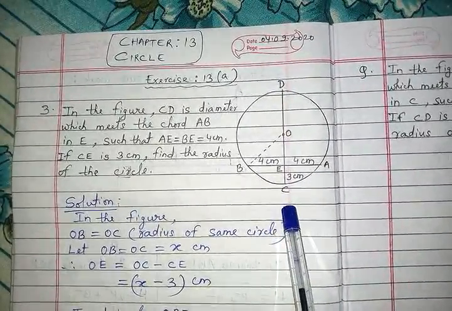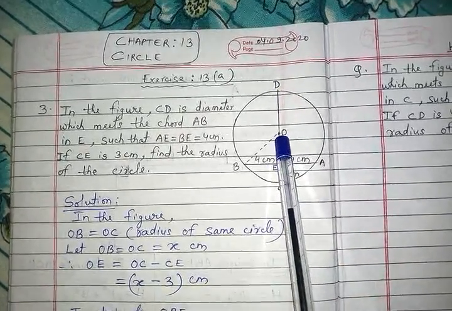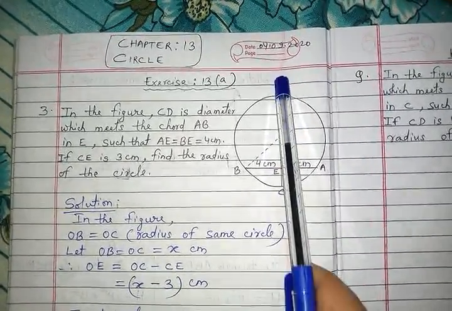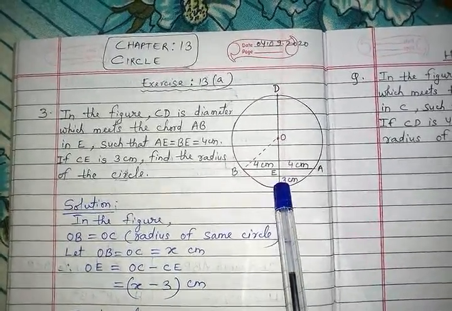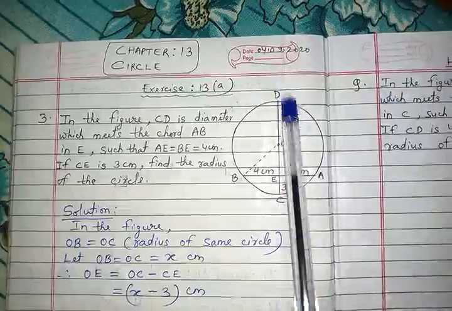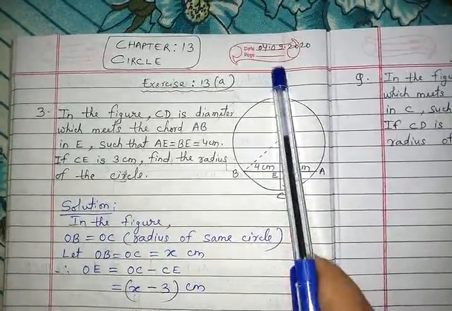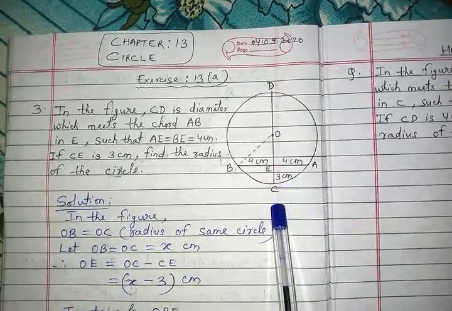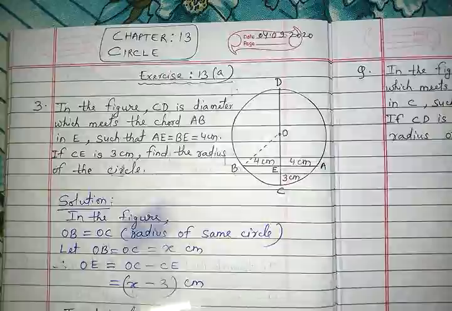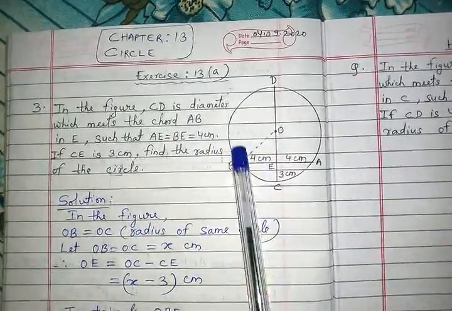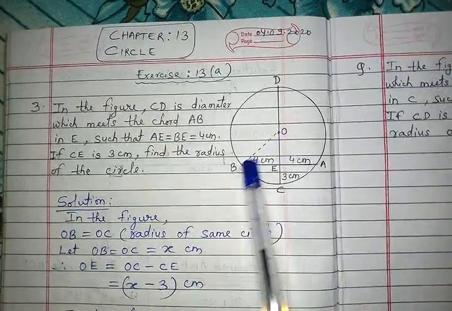Yes, a line passing from one boundary to the other boundary and passing through the center, such lines are called diameter. So you can see CD is passing from this particular boundary to the other boundary, and it is also passing through the center of the circle. So CD is diameter, and half of diameter is radius, like OC is radius, OD is radius, even OB also is radius. Now there are three radii in this diagram, OC, OD and OB.